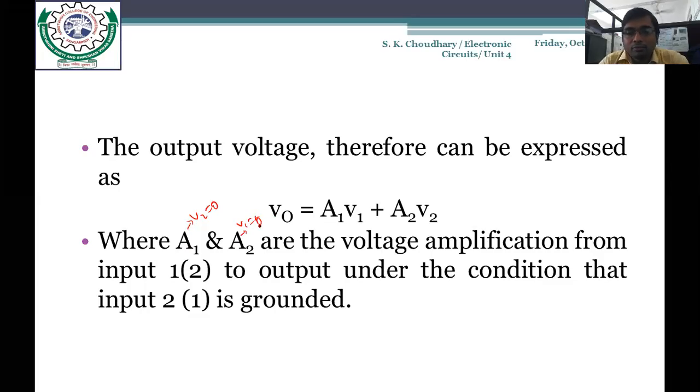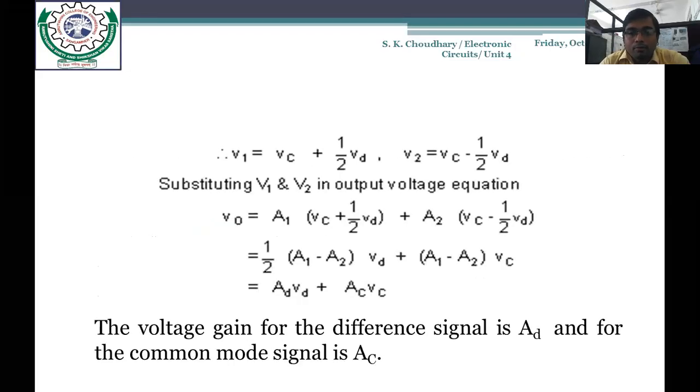So both are vice versa. Okay. Now on the basis of this equation, we have to further elaborate the equation of output voltage. You can see that here the equation is mentioned for V1. Now what is the value of V1 when we have to consider this common mode signal? It would become Vc plus Vd upon 2.